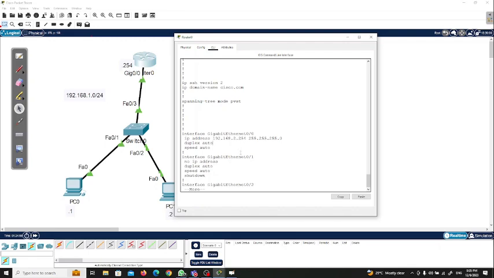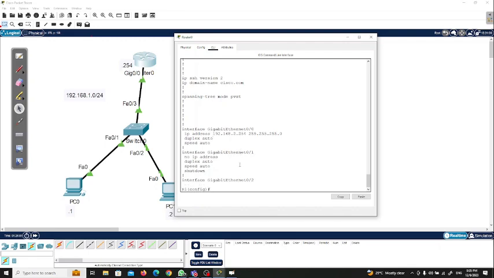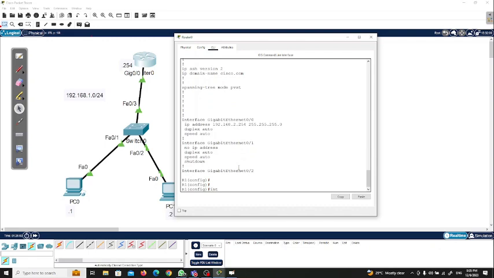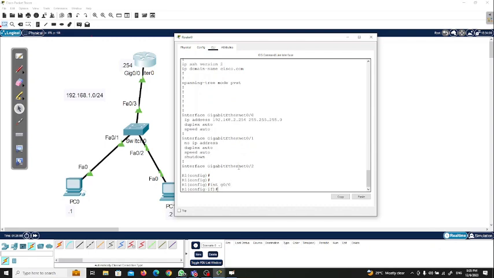I can exit global configuration mode, go back into that interface GigabitEthernet 0/0, and then use the command no, and you add what you configured here. So no ip address